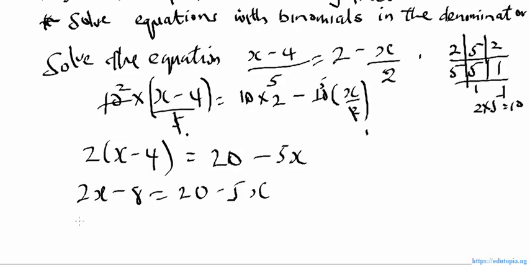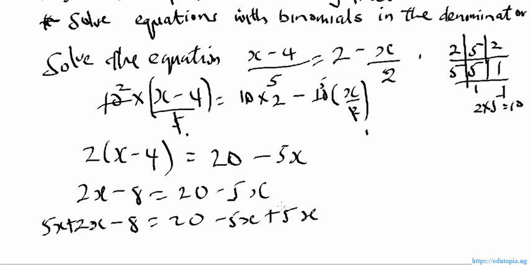So 5x plus 2x minus 8 is equal to 20 minus 5x plus 5x. So you're simply adding 5x to both sides. Now this one goes off, minus 5x plus 5x is 0. Now we're left with 5x plus 2x, which is